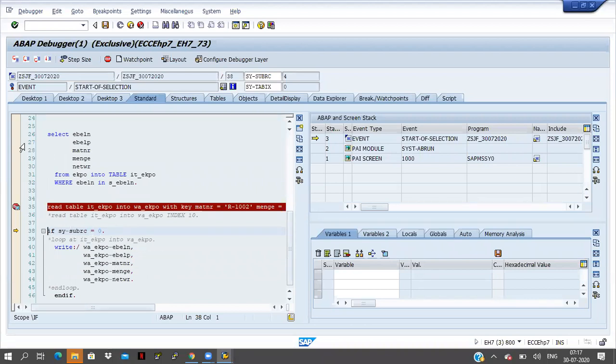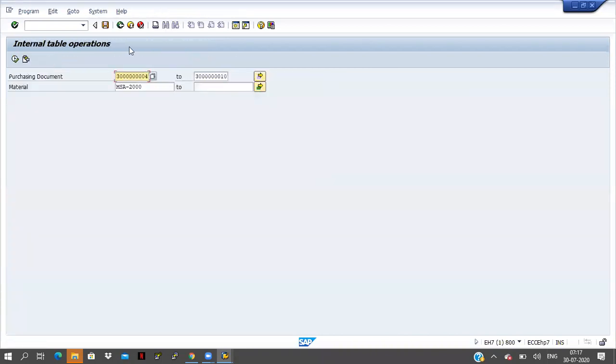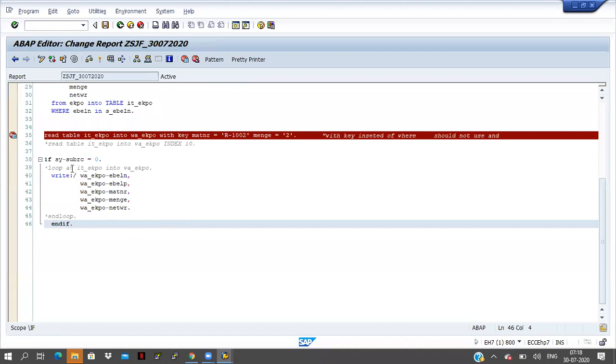Otherwise, it will go to ENDIF. Click on the F5 button. See here, directly it is coming outside. This is the standard program. Click on F8. Nothing is coming here, because it is not required to go inside this IF condition. And this is the READ TABLE syntax.